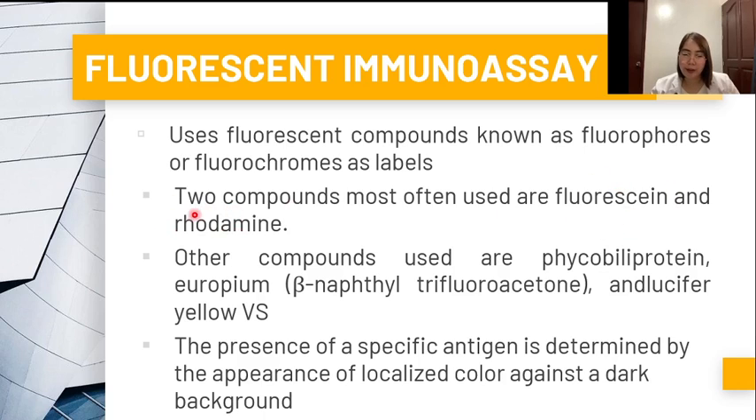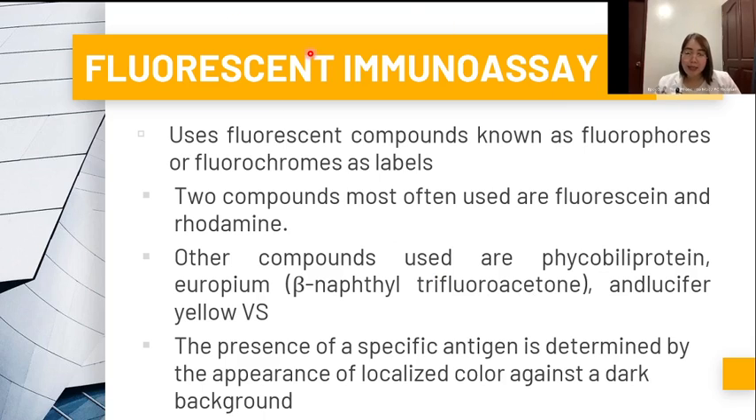While your rhodamine, usually in the form of tetramethylrhodamine, absorbs at 550 nanometers and emits a red light at 585 nanometers. So, these two compounds have different absorbance and emission patterns. That's why they can also be used together. Okay? So,